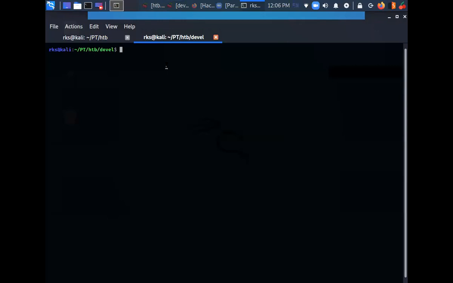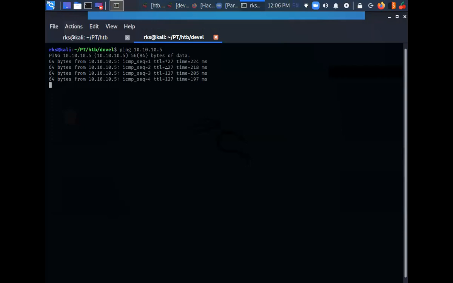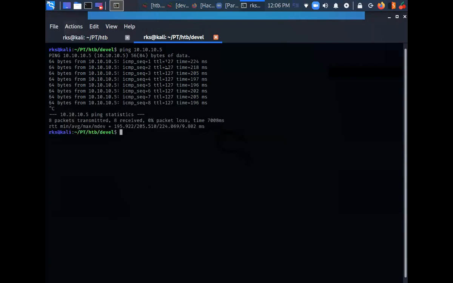Let's try to ping the target IP address first, checking for basic connectivity. I'm able to ping it successfully. Great. What next? Let's create an nmap directory over here, and after creating it, let's do a very basic nmap scan.